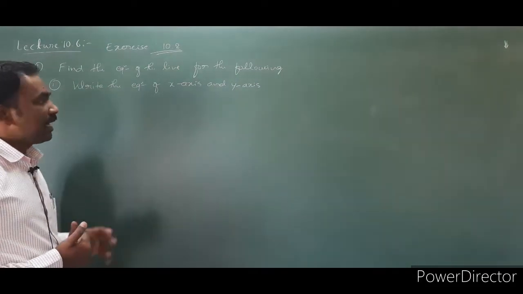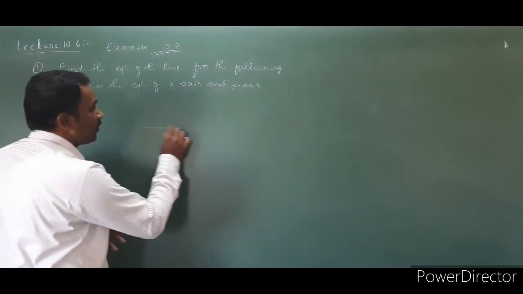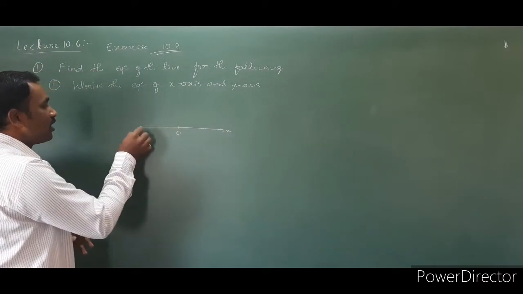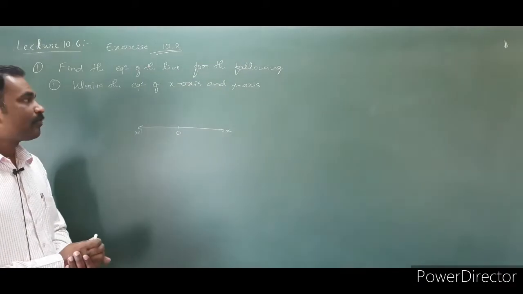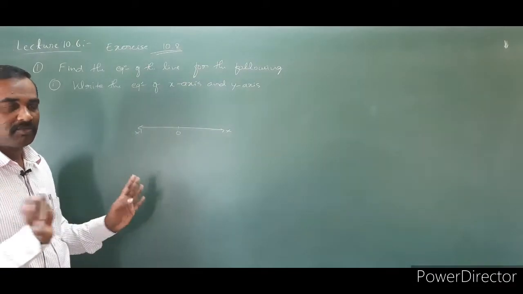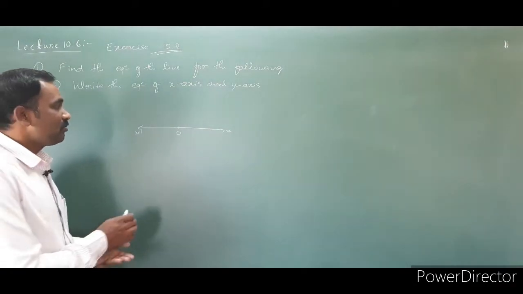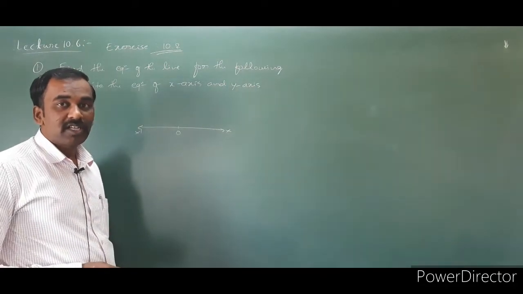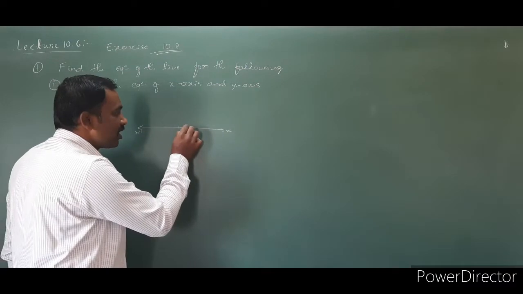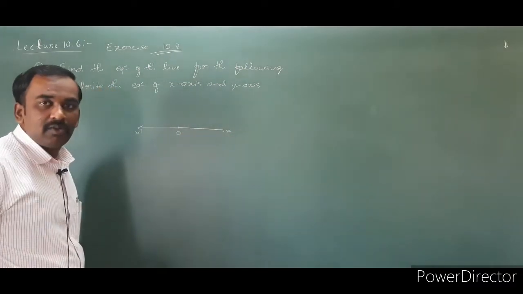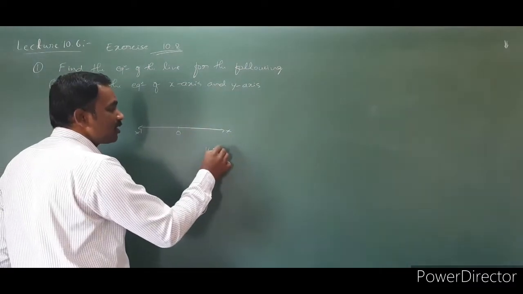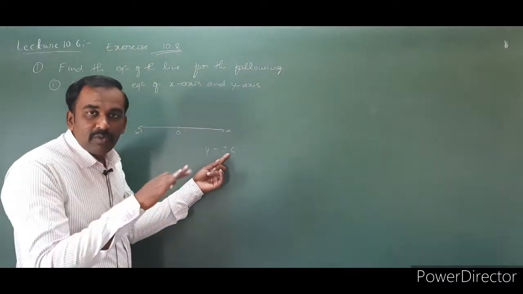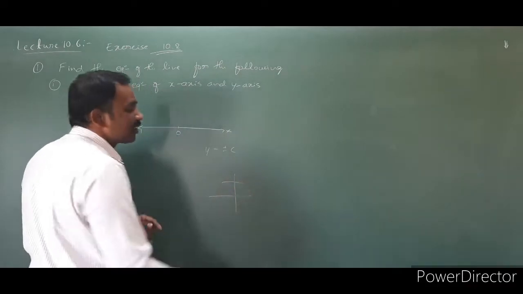Write the equation of the x-axis. Here they have not given any point, any slope, nothing. Equation of the x-axis means the very first form, vertical or horizontal line. Can I say that it is a horizontal line? What is the equation of the horizontal line? y is equal to plus or minus c. What is the c? Where it intersects the y-axis.